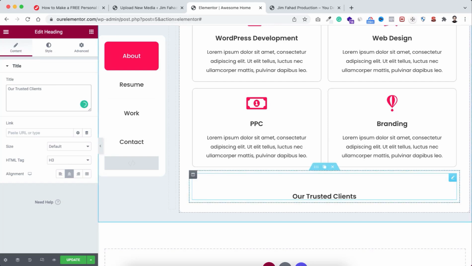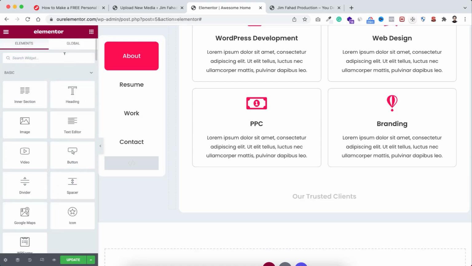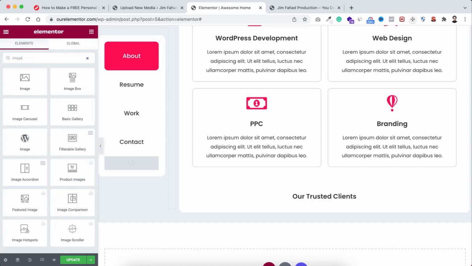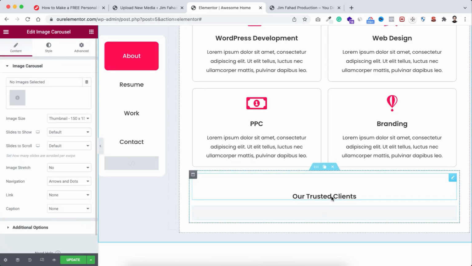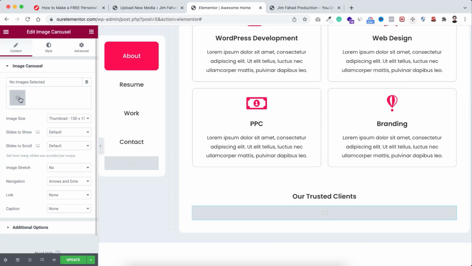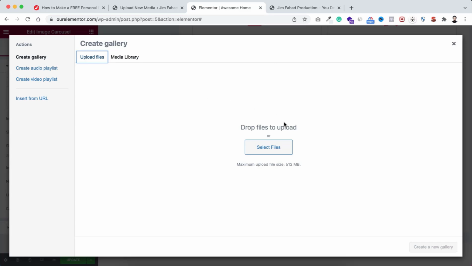Now underneath this heading widget, let's now click on this Rubik's Cube icon. And here I'm searching for image carousel. So let's now drag this image carousel underneath this heading widget here. So here inside this image carousel, I wanna add multiple images together. So to do it, from here just click on this plus icon and go to upload files, click on select